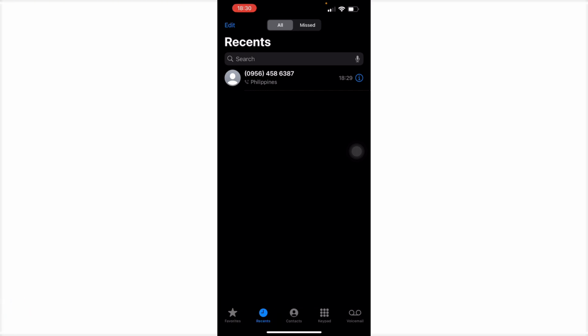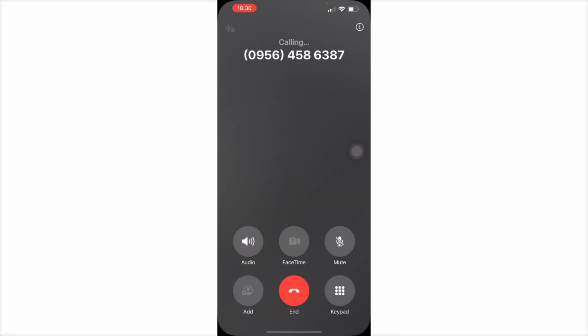So here I have my number and I'm going to call myself basically, and then we're going to record the call. So here, let's just call myself and then I'm going to answer on the other phone. I'm going to mute myself here so that you won't hear me at all. So basically once I pick up right here, I'm going to pick up already,